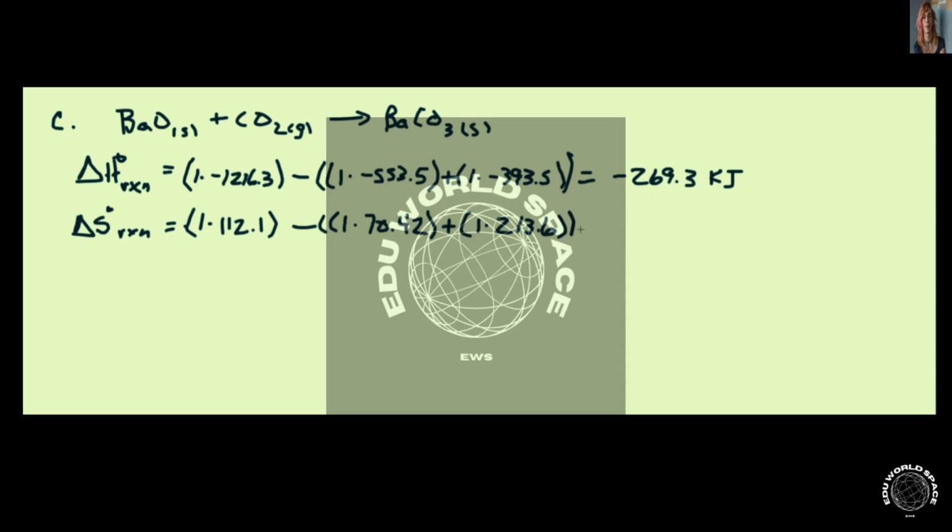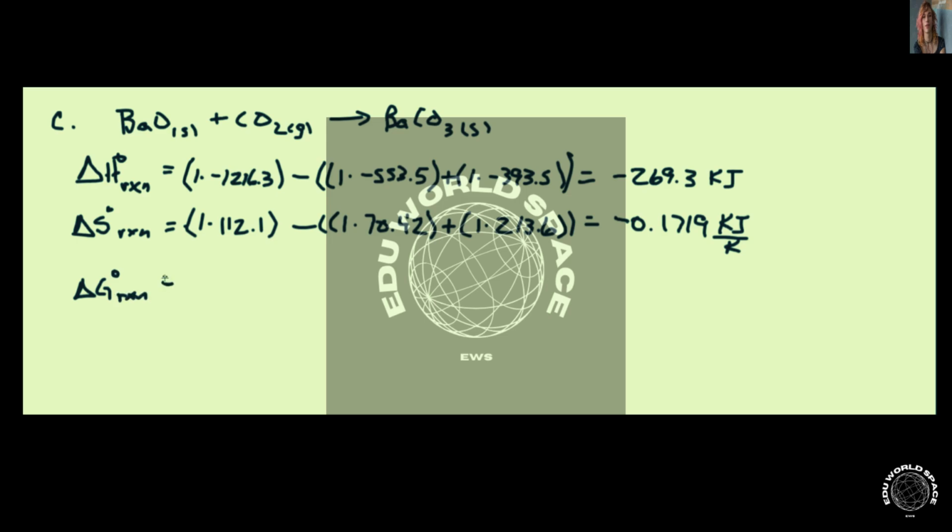We're going to wind up with a delta S of negative 171.9 joules per Kelvin. But again, we're going to want that in kilojoules. So that's going to be negative 0.1719 kilojoules per Kelvin. And we'll go ahead and use delta H minus T delta S again to find